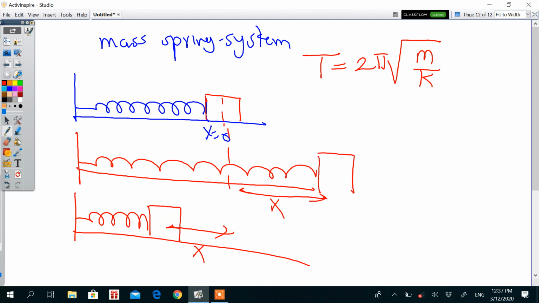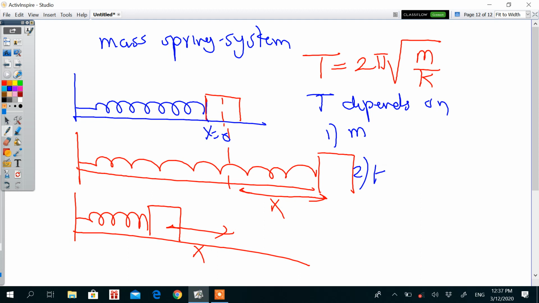It depends on the mass and the spring constant of the spring. So T depends on, number one, the mass, M. Number two, it depends on